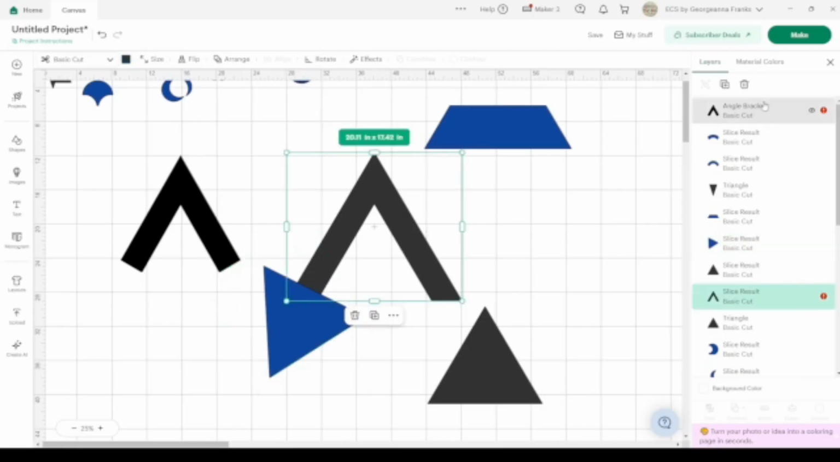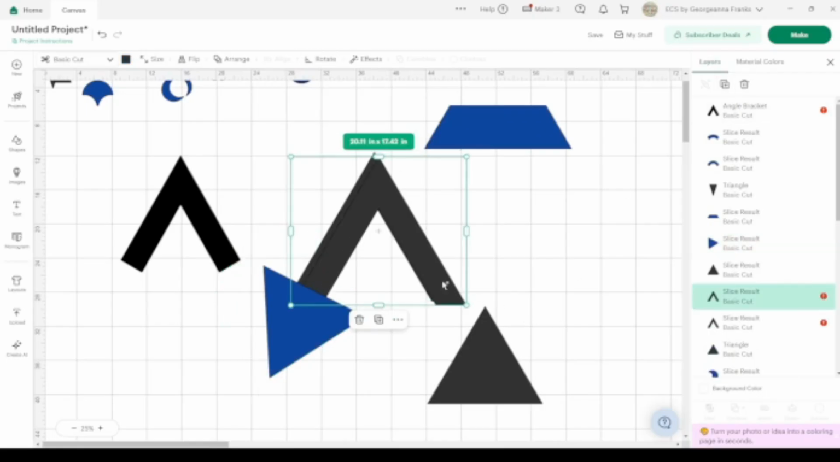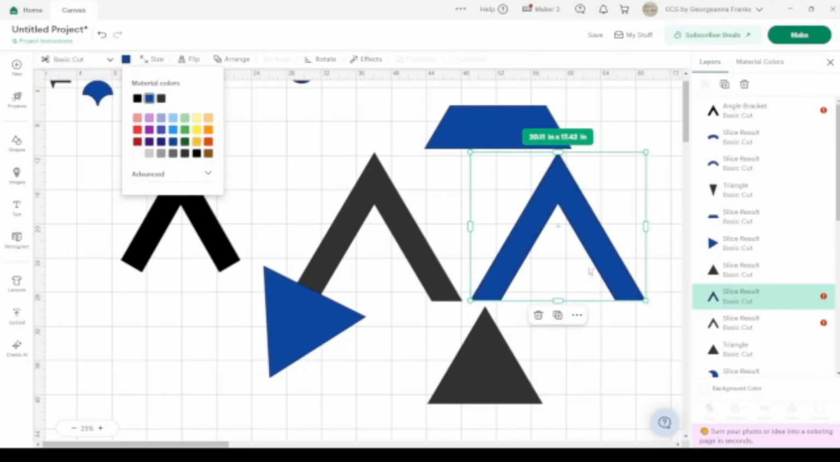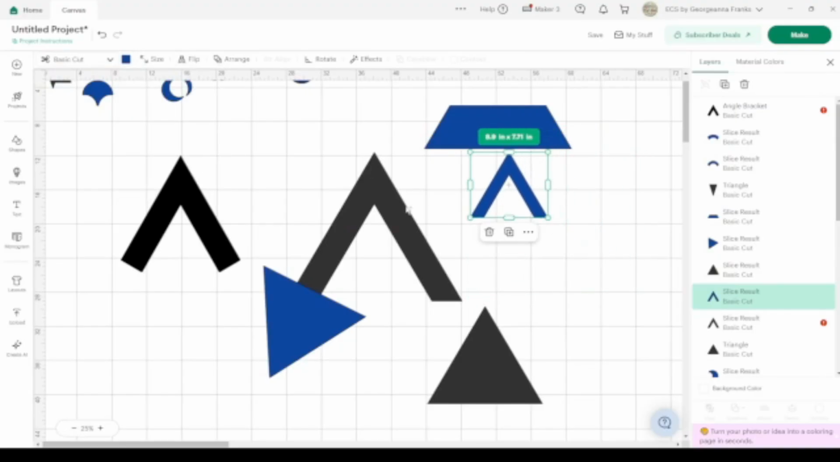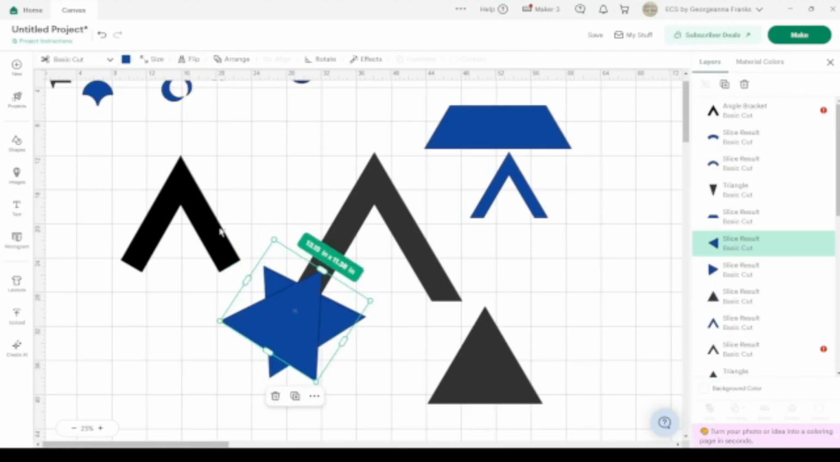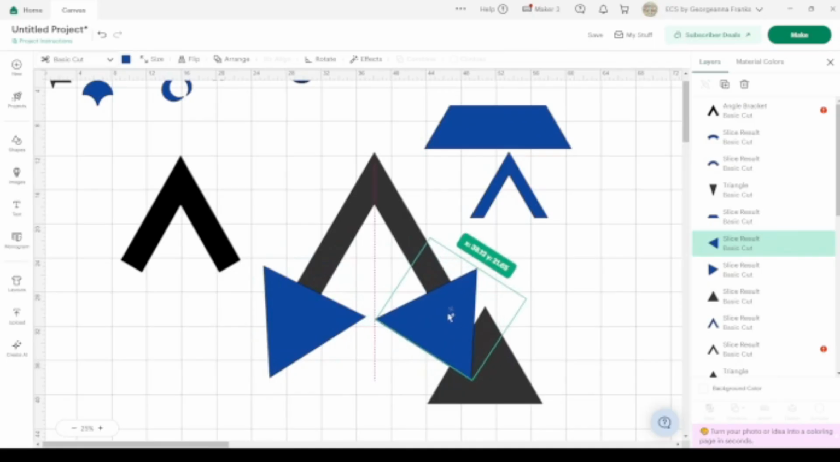Alright, so I'm going to make a copy of this so you'll have it. And I'm going to change it to blue. I'm also going to shrink it because it's way too big. And then I'm going to take one of these. I'm going to duplicate it because it's at the angle that we want it. And then I'm going to flip it horizontally, bring it over, and you can use the little red line there